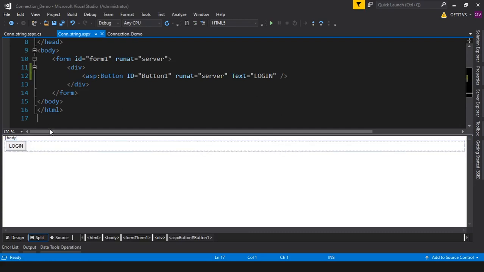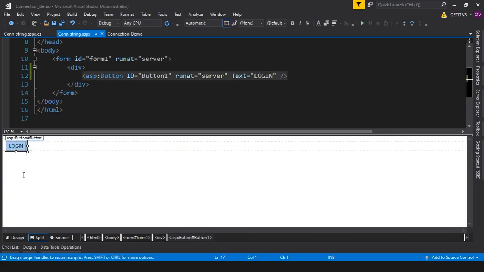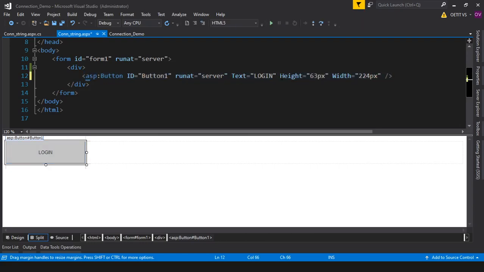So you can see the effect here, got it? And when you change anything in your design, like I am going to increase the size of my button this way, see, that thing you can find in your source view.